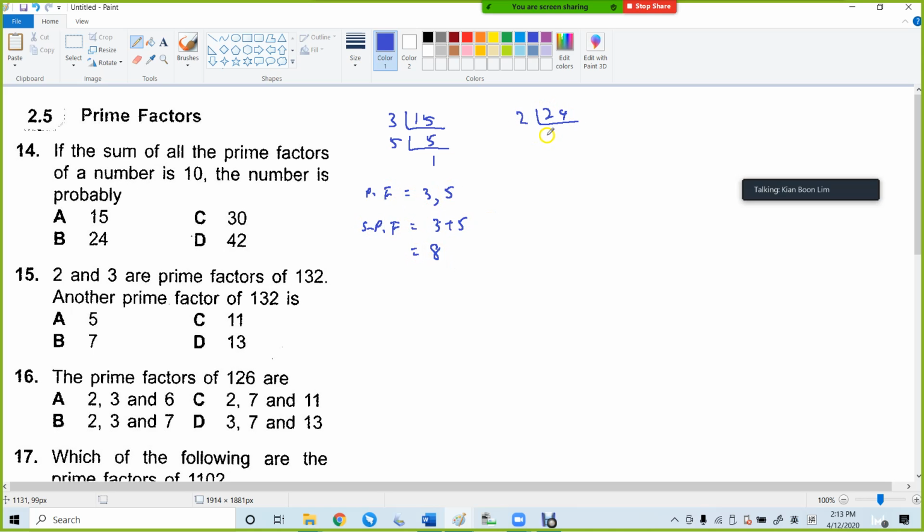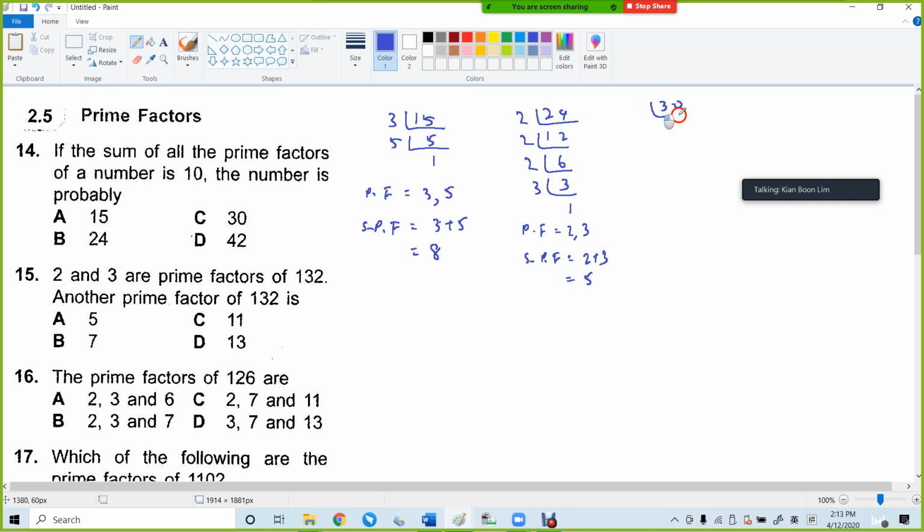24 divided by 2, then I have 12 divided by 2 and 6 divided by 2, 3 divided by 3, 1. So the prime factors are 2 and 3. And the sum of prime factors will become 2 plus 3, then 5. Okay,